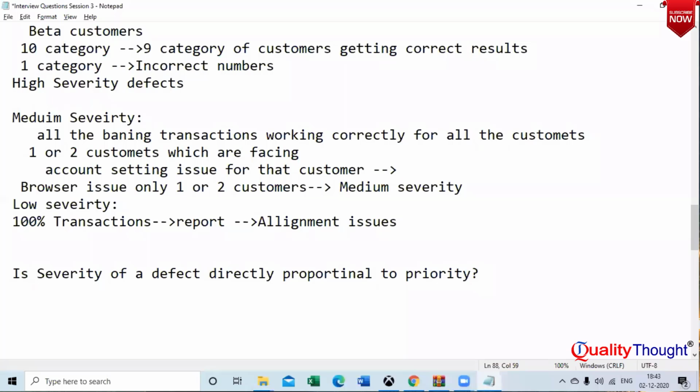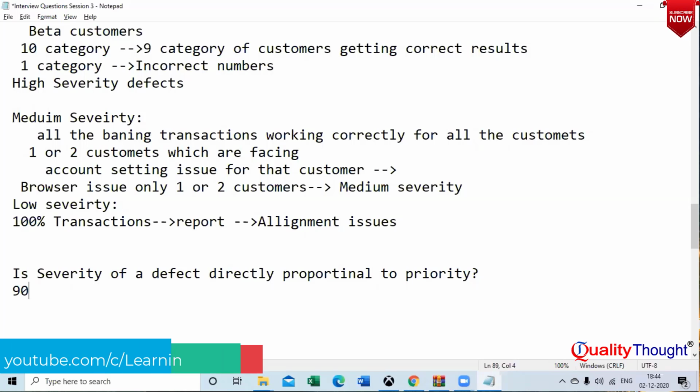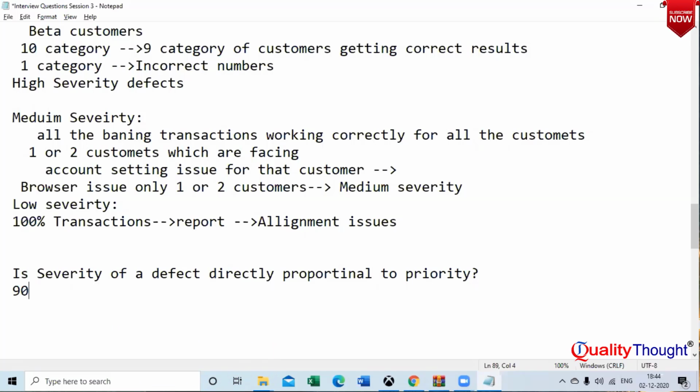If it is true, that means if severity is high, priority should always be high. No. I can say the perfect answer is 90%. In the majority of cases, severity and priority may be directly proportional, but there are situations